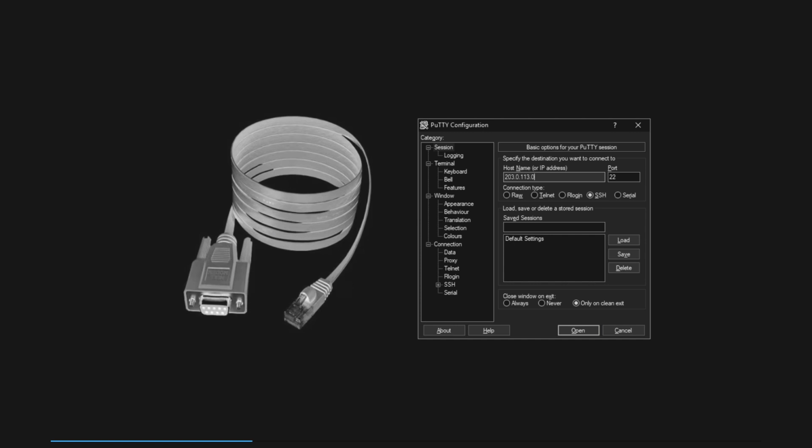To connect to a Cisco device and configure it via the CLI, one common method is to use the console port. This involves connecting a laptop to the device's console port using a specialized cable, typically an RJ45 to DB9 rollover cable. The console port allows direct access to the device's CLI. To access the CLI, a terminal emulator program like PuTTY is used. It establishes a connection to the device via the console port, allowing users to interact with the CLI. Once connected, users can enter commands, configure settings, view and edit configurations, and perform various tasks based on their privileges.